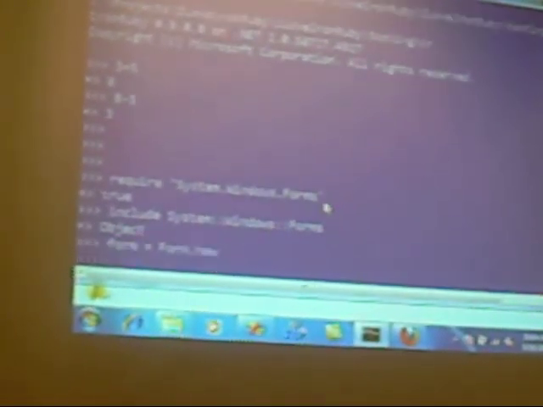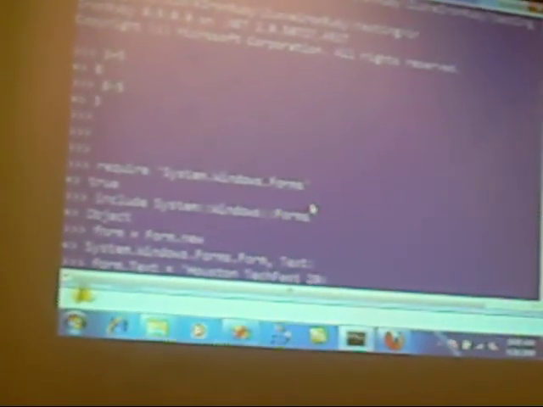I can say Form.new, so my form has been initialized, and I can also assign some text to it, like Houston TechFest 2009, and I can also